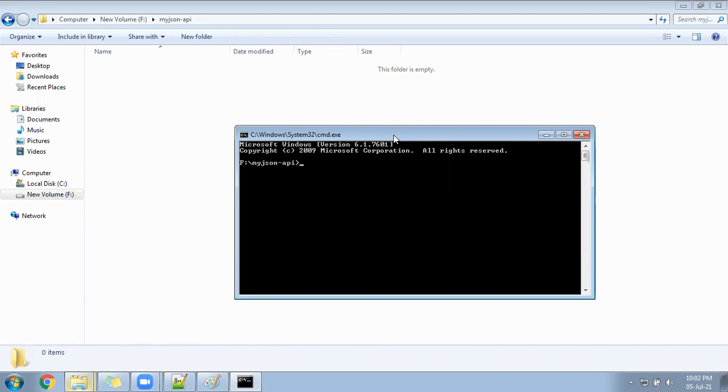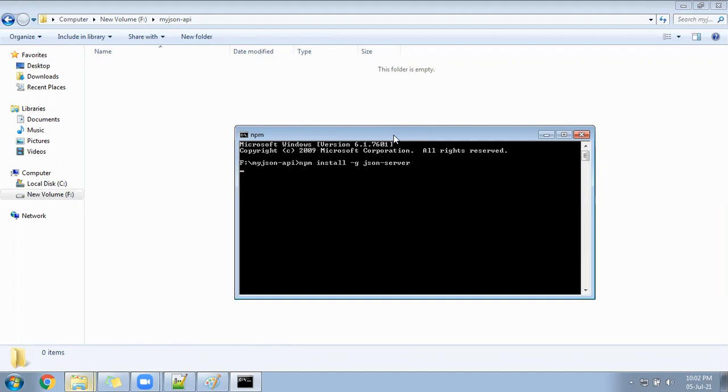npm install -g, in the sense globally. It will be set up in your entire system, so in any drive you can create a folder and create the mock API. So I give -g and then json-server. npm is called Node Package Manager, and you write this command after installing Node.js: npm install -g json-server. Enter. It may take a minute.